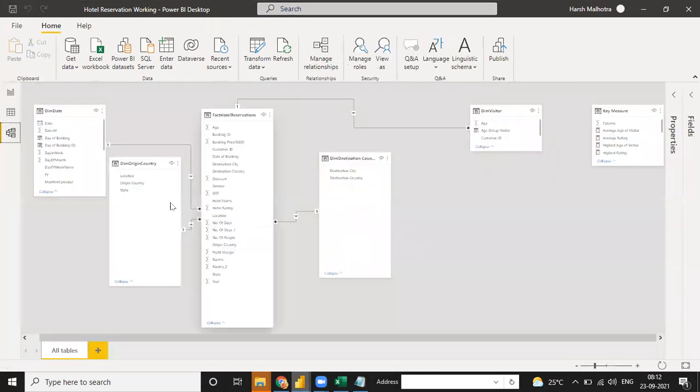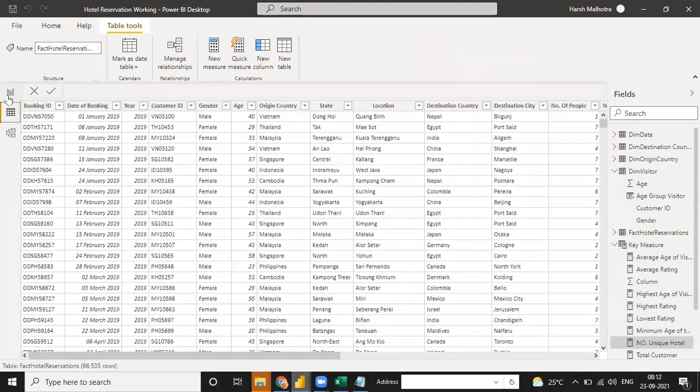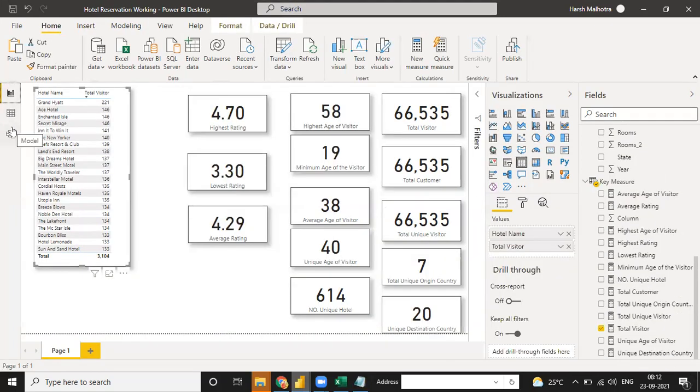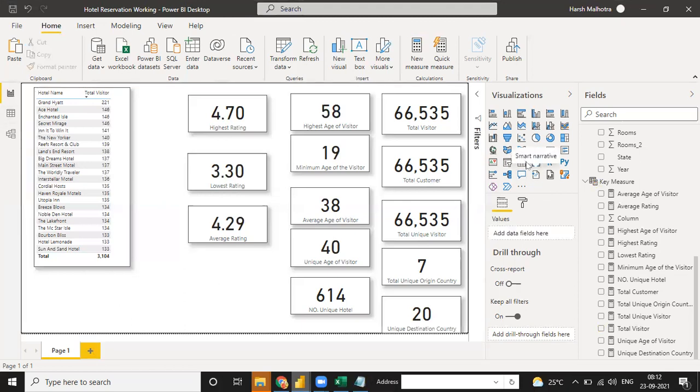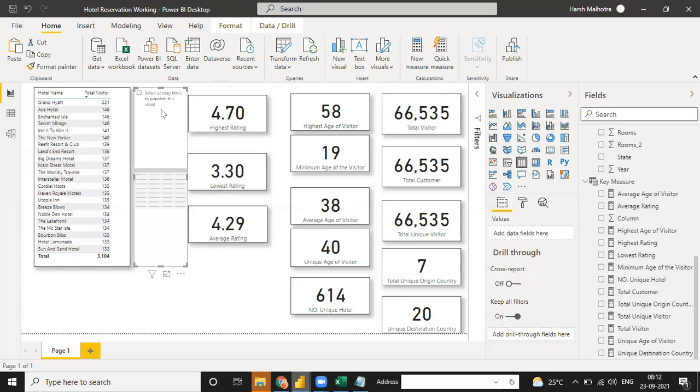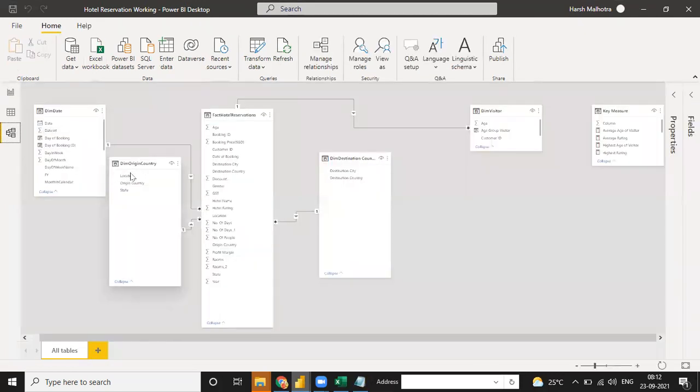For this, I think you don't have to make that kind of relationship. See, it depends on how you make the relationship. Suppose you have a dim table for the name wise, and when you put the relationship incorrectly, then it doesn't count this kind of thing. Let me go to one example for this. Right now, for this table, my relationship is done with origin country. In the dim origin country, the relationship is done origin to origin.